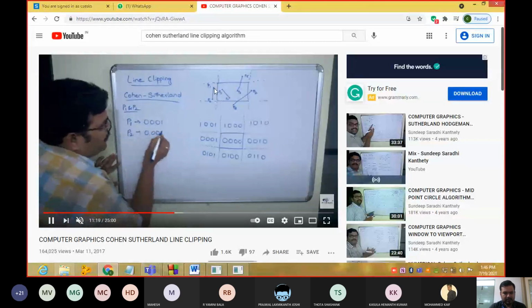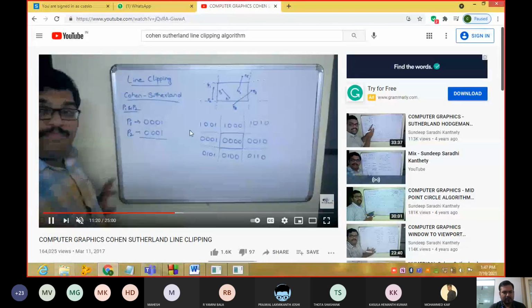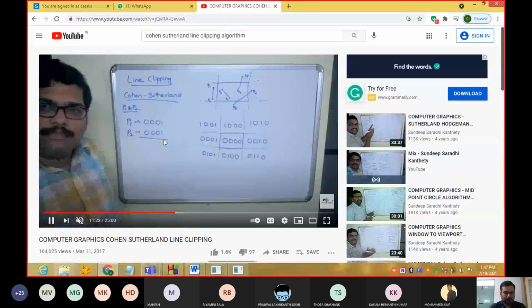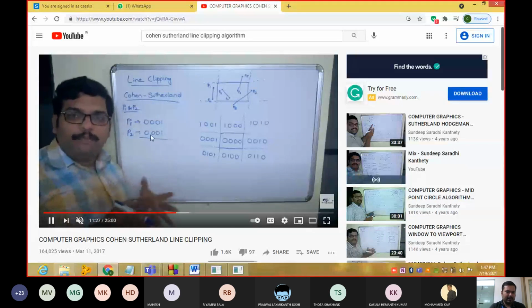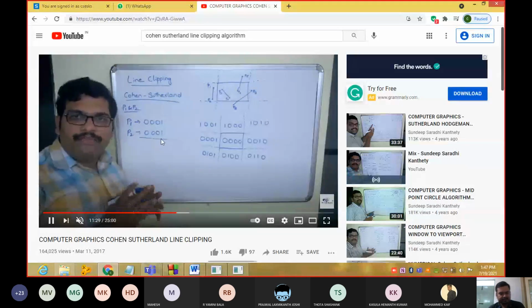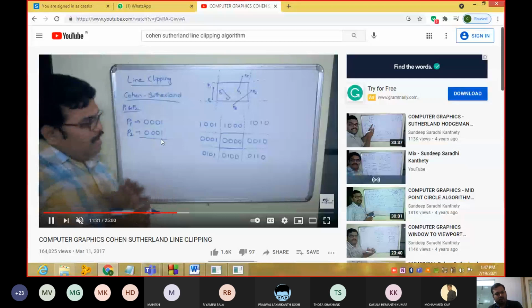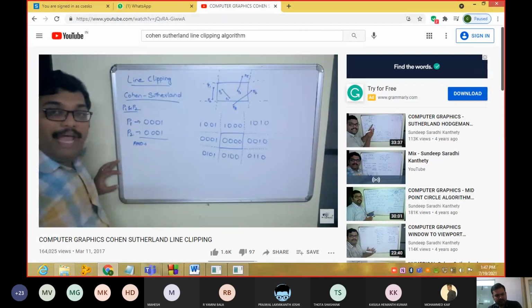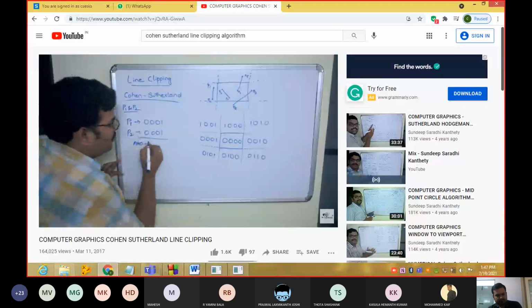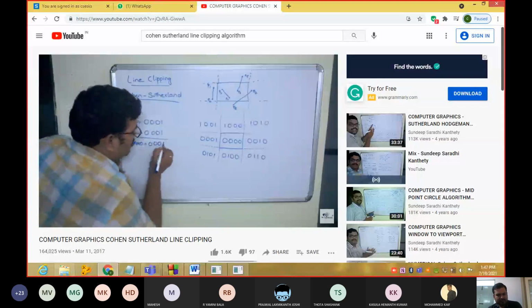P2 is this point. It is 0001. If you make the AND operation of this one, 1 and 1 it will be 0, 1 and 1 it will be 0, and 1 it will be carried. So you will be getting the result as 0010. AND operation, we will be getting 0010.